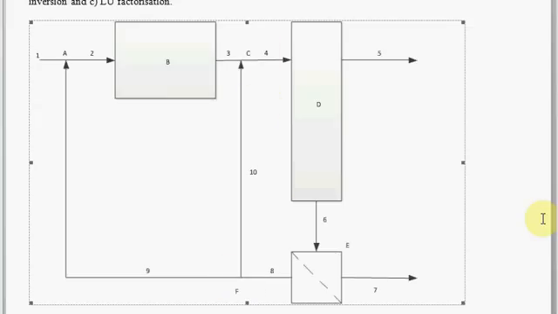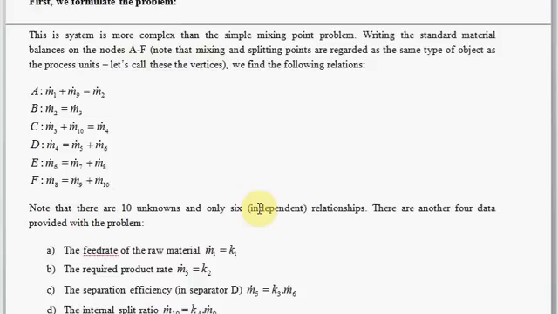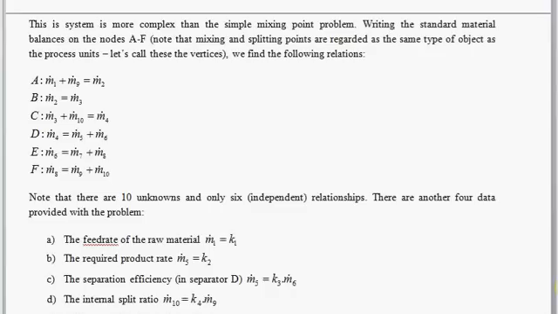So that's the set of equations that we have, and we can see that we actually have 10 unknowns. Right? We regard each stream in this process as being a variable that we need to solve for. So we have 10 streams, so there are 10 unknowns. We so far have described just 6 relationships, so we need another 4 relationships if we want to solve the system. And this is what we have available in the way of that, that the feed rate of raw material